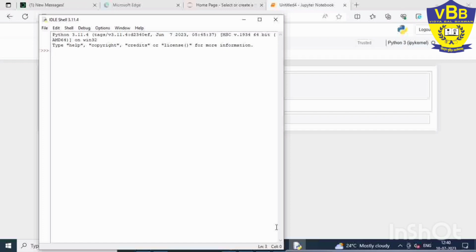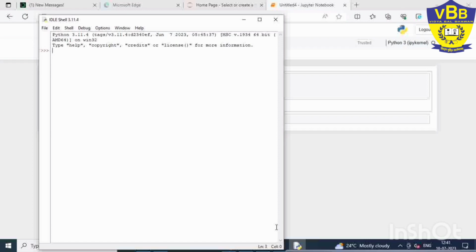Now, what are the character sets we can use in the Python language? As you know, every language has a character set, the characters which are allowed in the language. So in Python, you can use the letters A to Z capital, A to Z small, numerical digits 0 to 9, and special characters such as plus, minus, multiply, divide, brackets, curly brackets, big brackets, less than, greater than. These signs are allowed, and indentation is also allowed: blank, tabs, carriage return, internal representation. These are all the same as you discussed in the previous 9th class. Next is a variable.